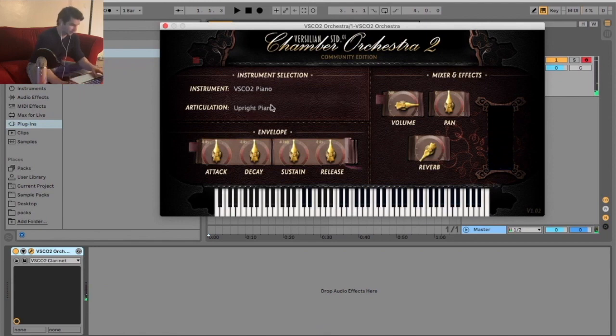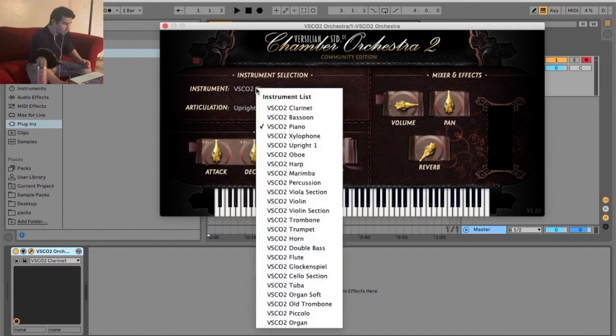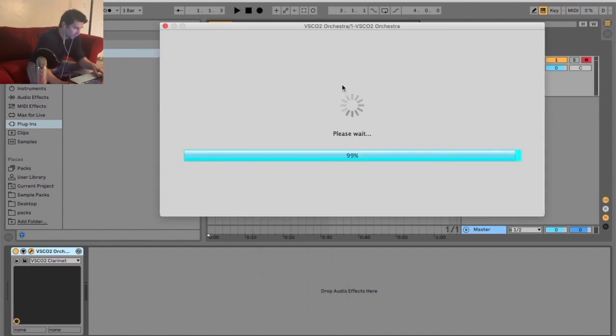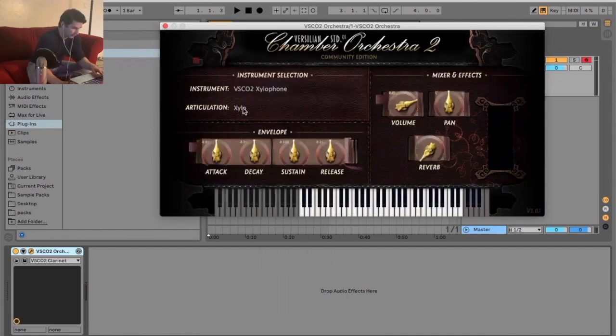Such a good piano sound. There is only one articulation setting, so basically it's the upright piano. Incredible. Now we're going on to the xylophone, and again, obviously no different articulation setting, and it's just this register,